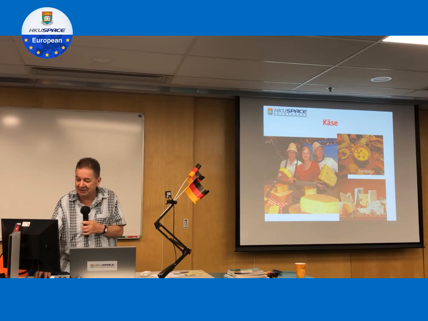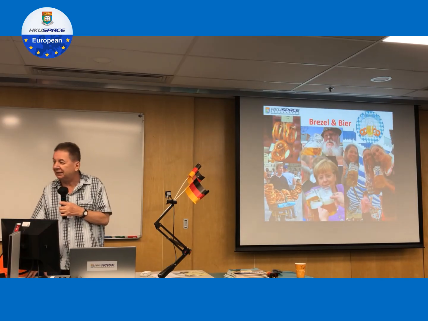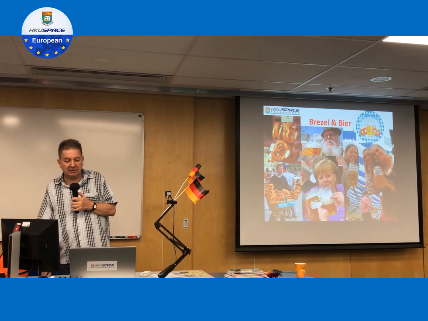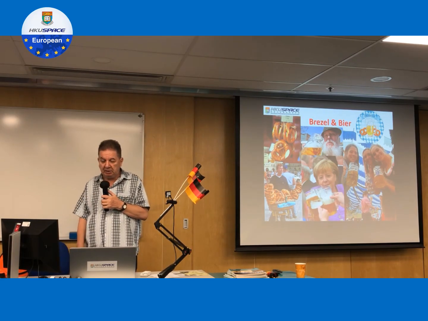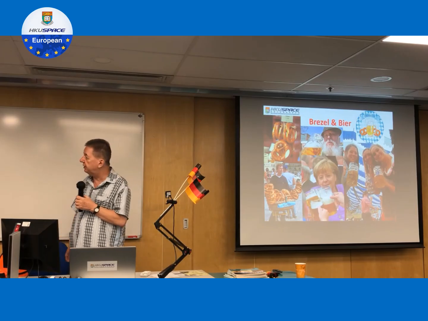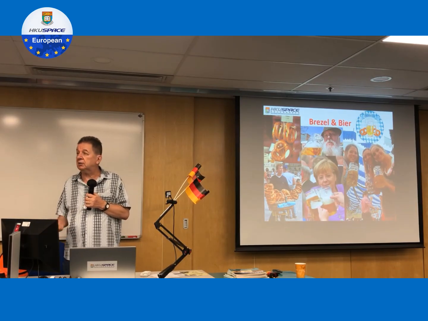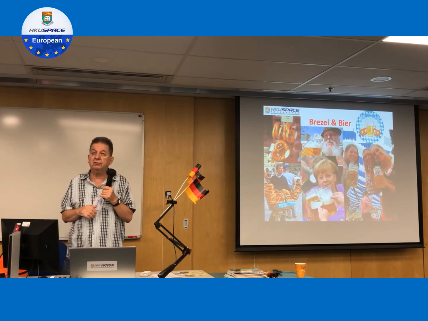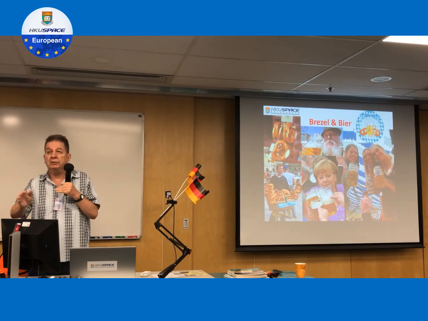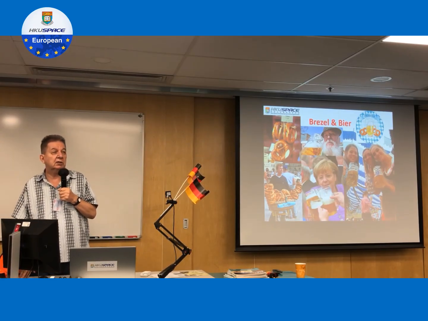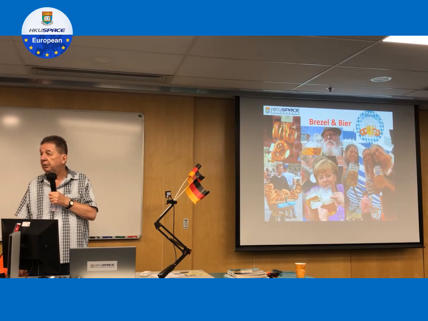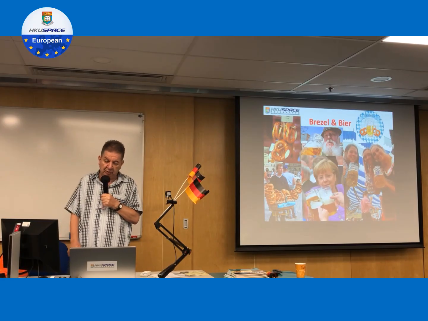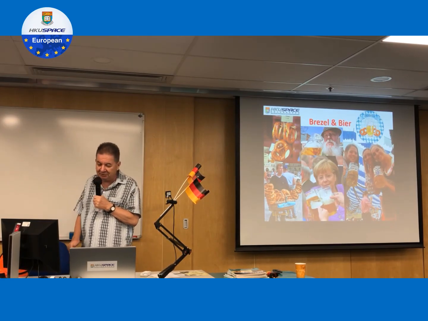Now, we come to the other stuff that everybody knows, of course, beer. Beer. And then Brezel. Brezel is any bread in this particular shape. When you look at the picture here, you see there is something like Chinese cooking salt on the Brezel. Big chunks of salt. If you don't like it, if it's too salty for you, just go over with the hand and rub it off. Of course, they put lots of salt because they wanted to drink lots of beer in the beer garden, right? So it's very salty, so never mind, just rub it off. Kein Problem, no problem.